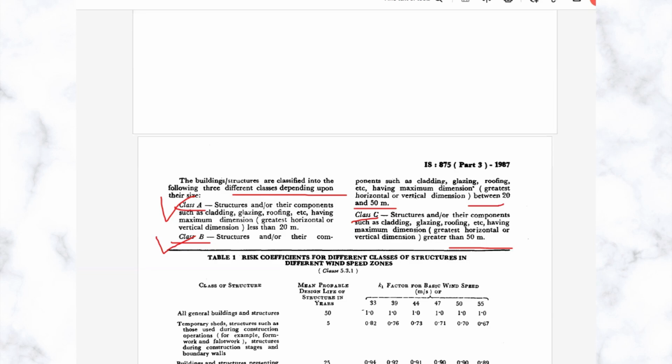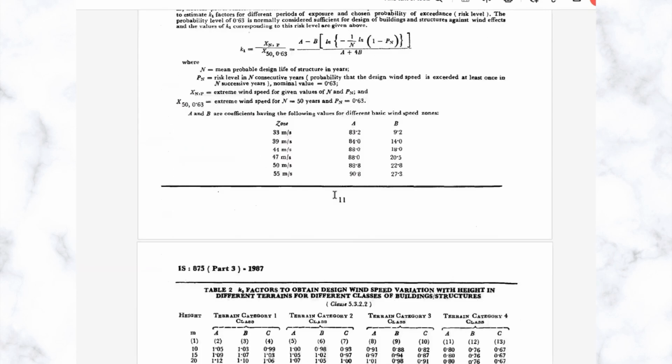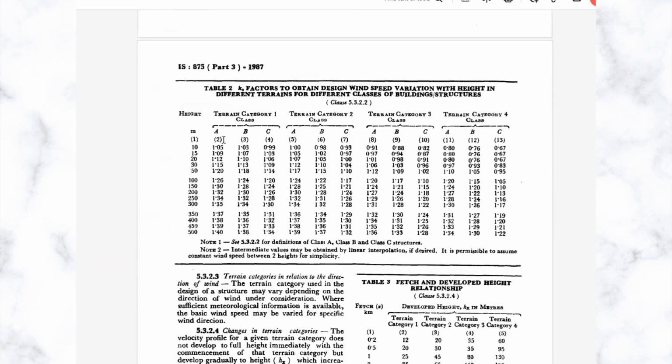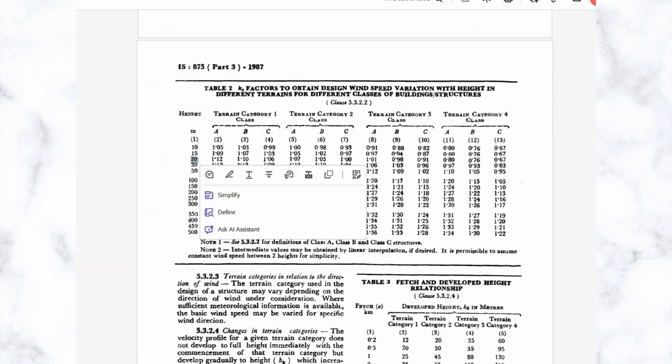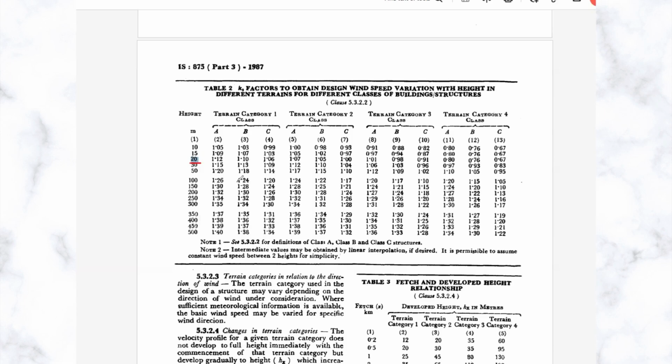How we are going to classify these things in the table, that we need to understand. So come to the table. First of all, I know that the height of my building is 20. Suppose my building height is 20. So first thing I came to know: category. Suppose I have a category 2. The building which I am going to construct falls in the category 2. Okay, so category 2 is finalized. Now class A, class B, class C, that I need to finalize.